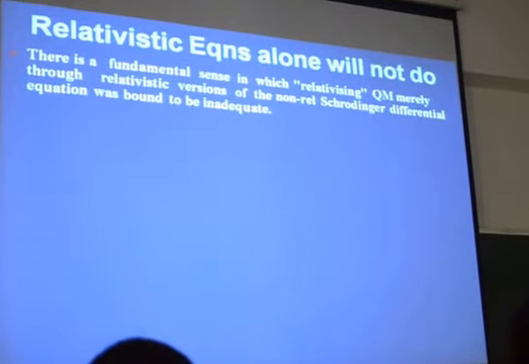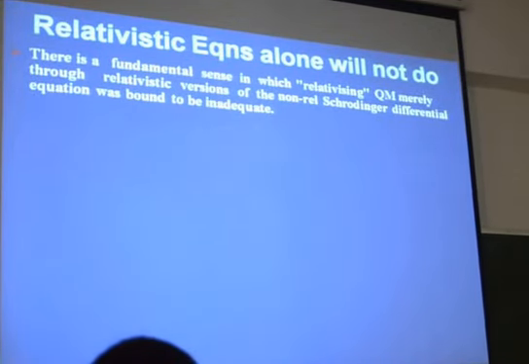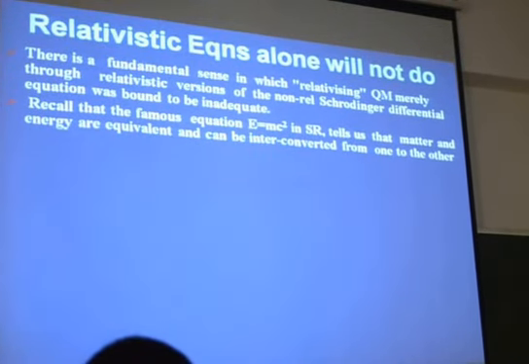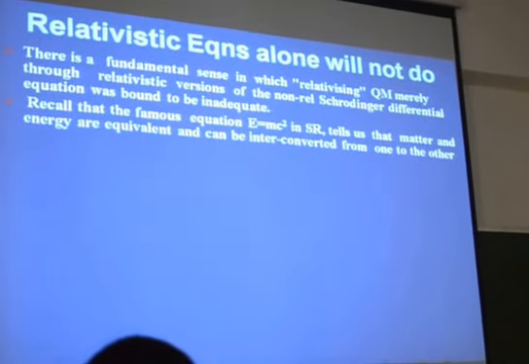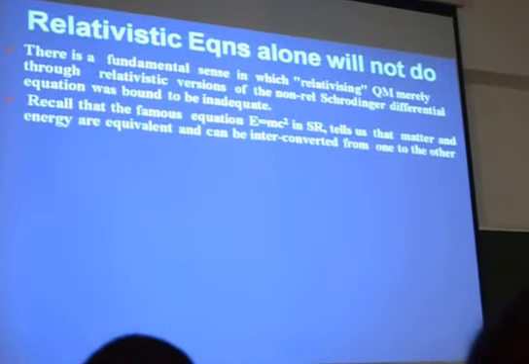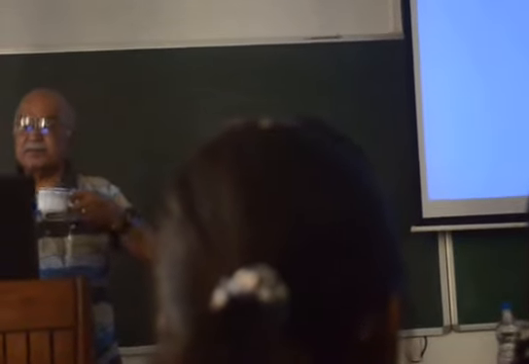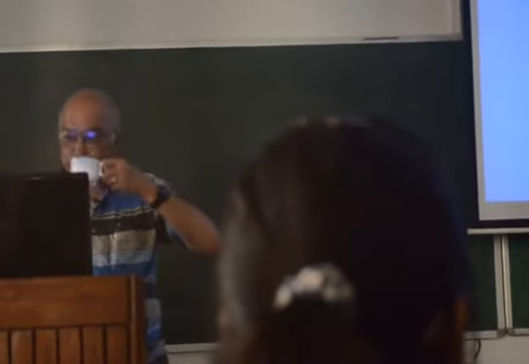We know relativizing quantum mechanics is therefore not just a matter of finding a relativistically invariant equation. It is bound to be inadequate because remember, as the formula E equals mc squared indicates to us, matter and energy can be interconverted. And experimentally that is true. The real world, as we know now, matter and energy are constantly being interconverted. Particles combine, disappear, annihilate, pairs are created,